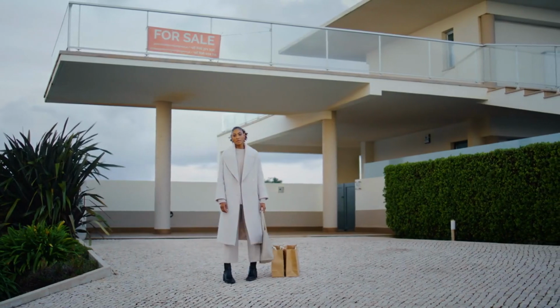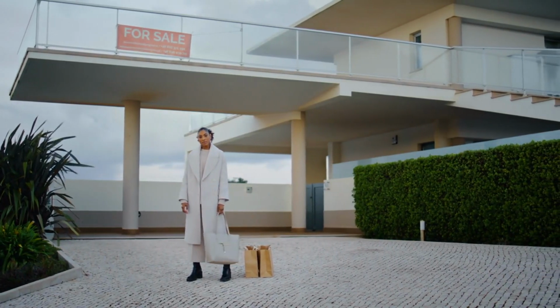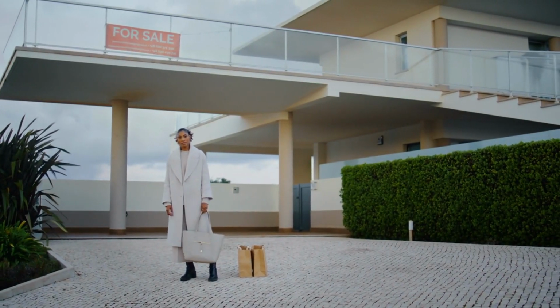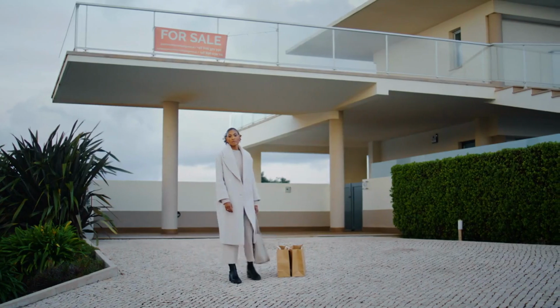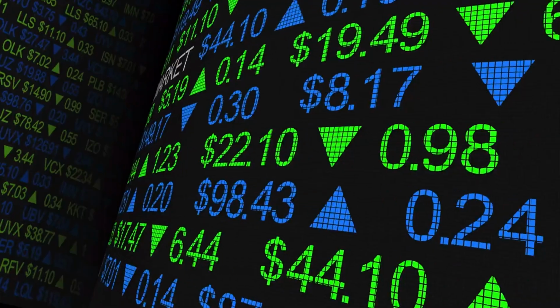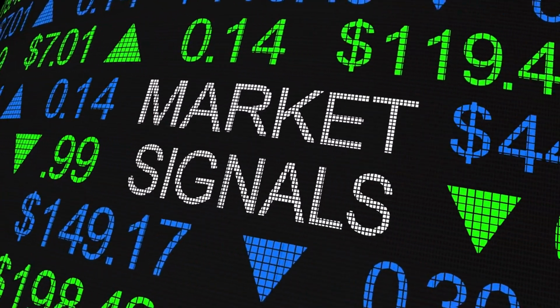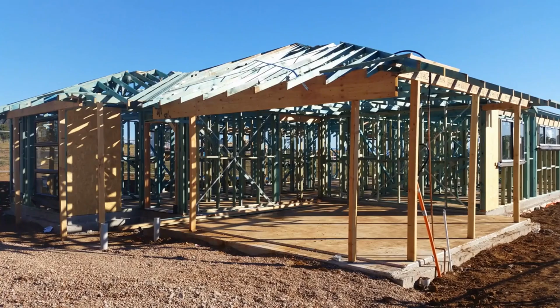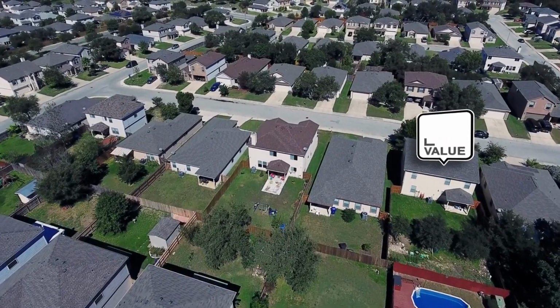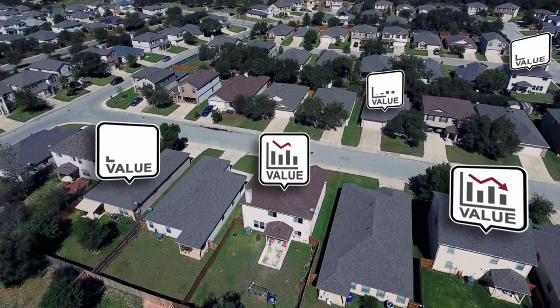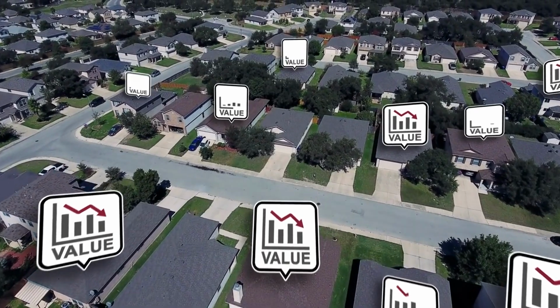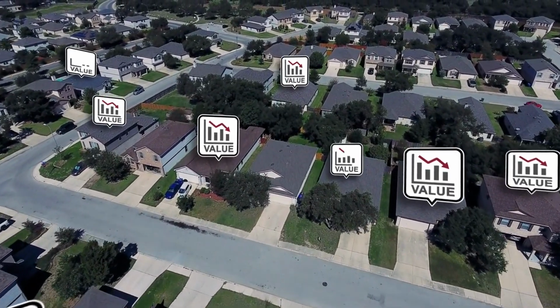Prepare to learn about surprising factors, like how phantom inventory can mislead buyers or how small towns can suddenly become real estate hotspots. You'll discover essential indicators that many overlook, helping you become a smarter investor. Join us as we unravel the complex world of the housing market and equip you with the knowledge to navigate its twists and turns. By the end of this journey, you'll be ready to identify bubbles and make informed decisions, whether you're buying your first home or investing in real estate.